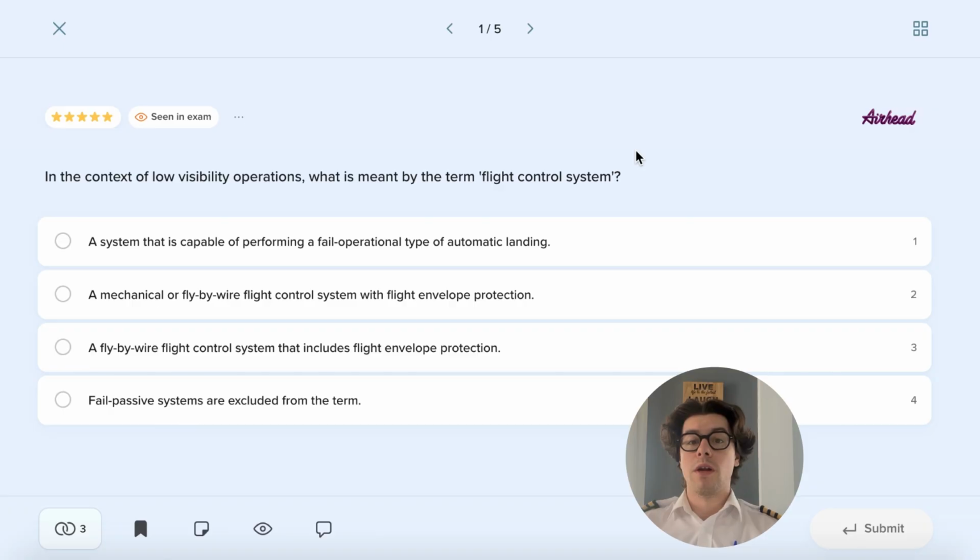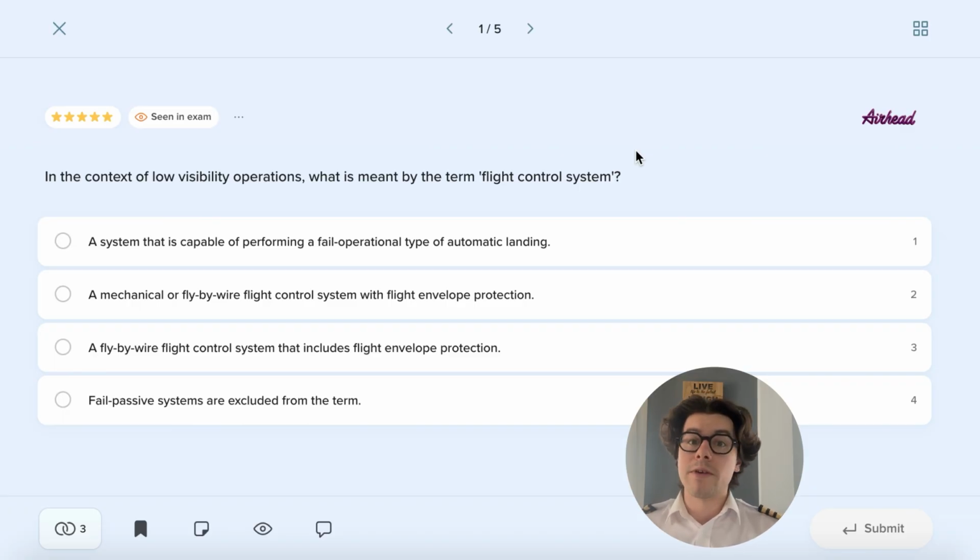So when you are performing low visibility operations or landings down to Cat 1, 2, or 3 minima, then most of the systems will require you to have an appropriate autopilot or automatic flight system. There are two kinds that you have to know for the exam purposes. These are fail operational and fail passive. Fail operational systems are the ones where, in case the autopilot fails, there is a redundant system that does the same thing, that ensures that below a certain altitude or height, the landing can be completed still using the automatic systems. A fail passive system will mean that in case of a failure, the landing has to be aborted